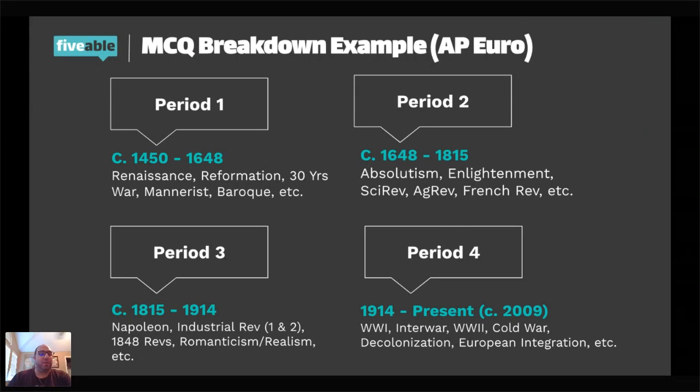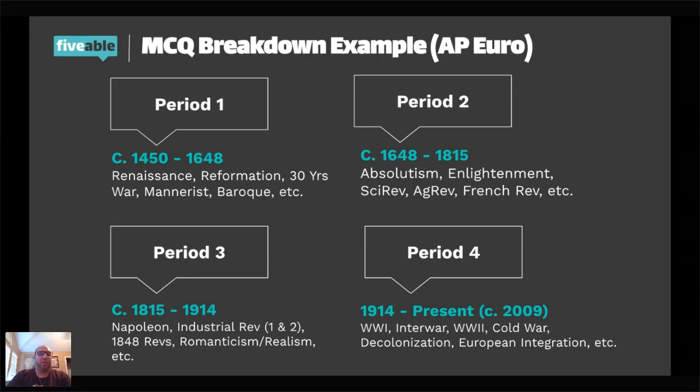So this is an example breakdown. I did AP Euro because it's the easiest one to show. We only have 4 time periods in AP Euro. I think APUSH you have 9. Someone correct me if I'm wrong. I think it's 9. World, we have 6. So what you see here, this is what our multiple choice would be taken from in AP Euro. We've got 4 time periods. It is supposed to be divided evenly. So roughly 13, 14 questions each. I'm not a math teacher, don't quote me.